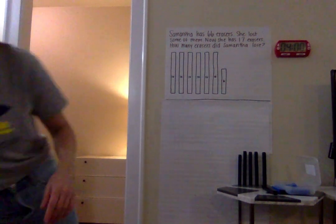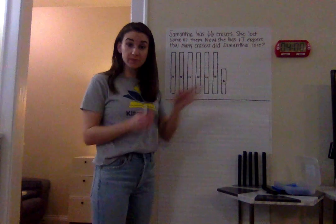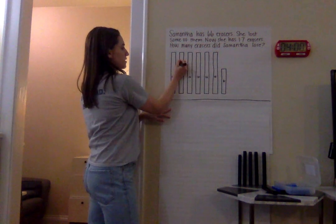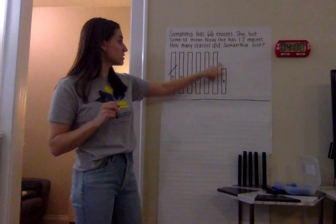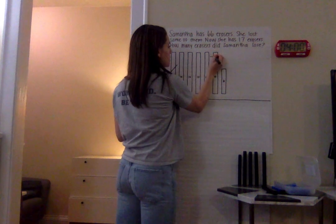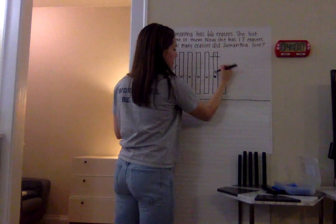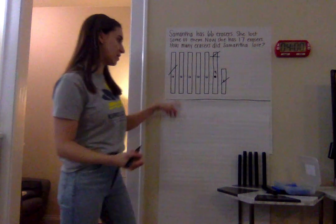I'm going to start, same as with my cubes, with my 66, and I'm going to start by taking away 17. I'm going to take away a 10. Same thing as before. I only have 6 ones. I'm going to take a 1 off the top. This becomes a 9. I'm going to take away this,